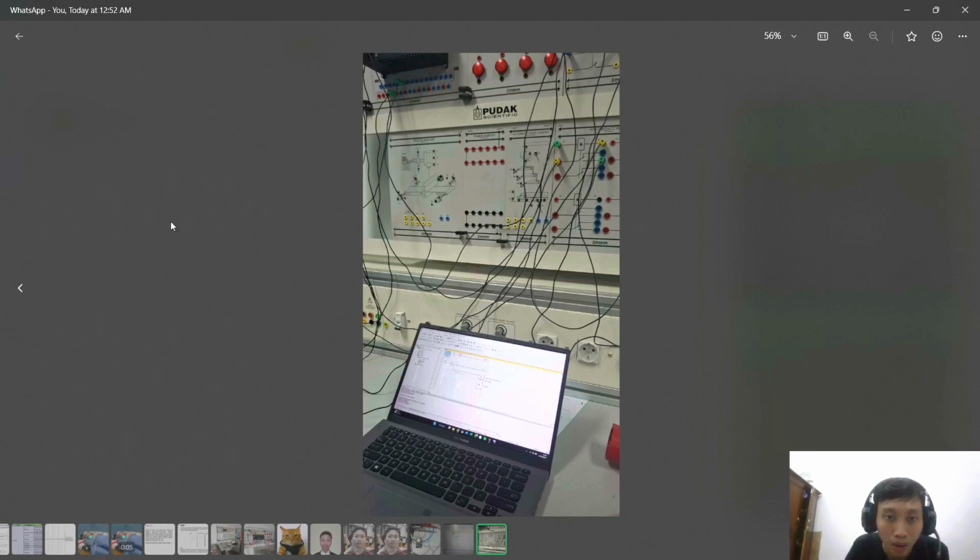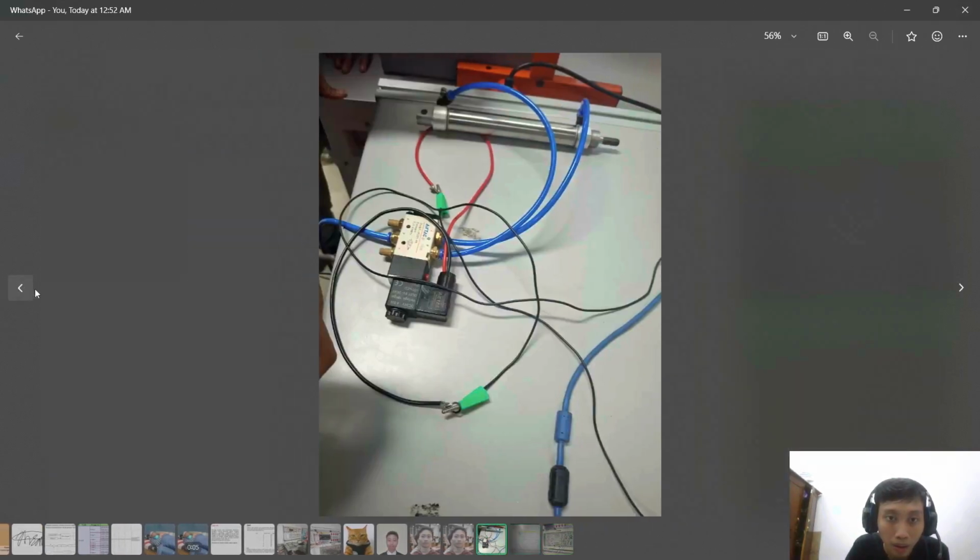Now we can use the solenoid valve and connect it to the valve in the practicum.